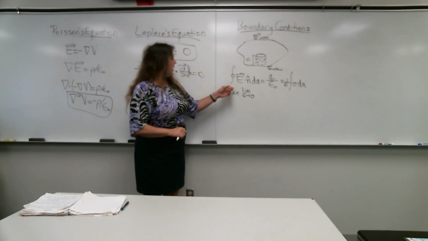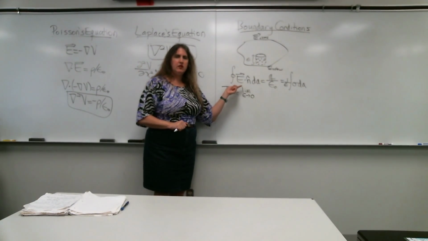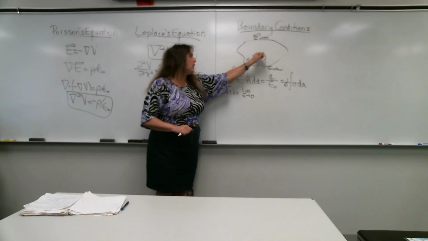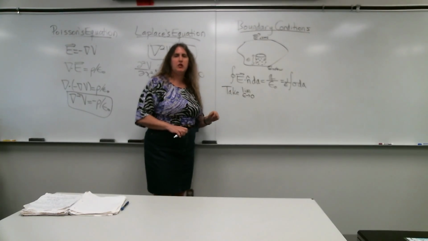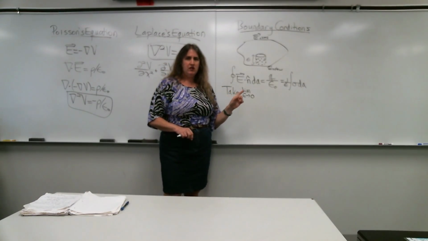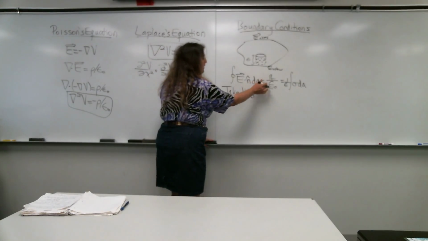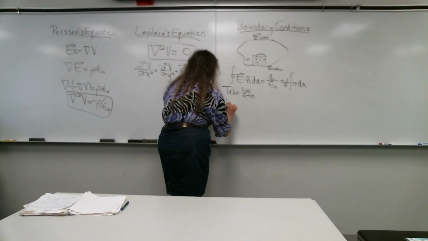With that in mind, I can pick out the two parts of the electric field: the part that's pointing up here and the one that's pointing down over here. I'm going to take my normal in the upwards direction in both cases. So therefore, Gauss's law becomes